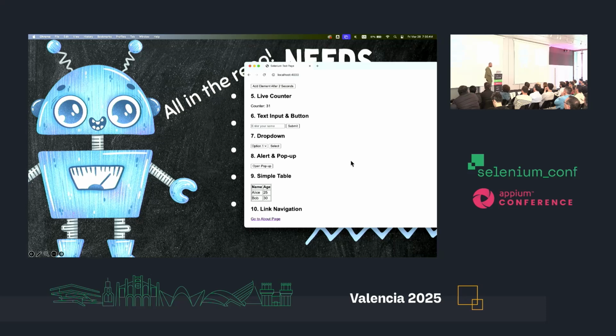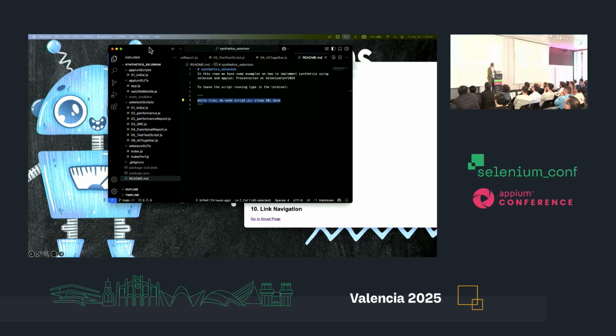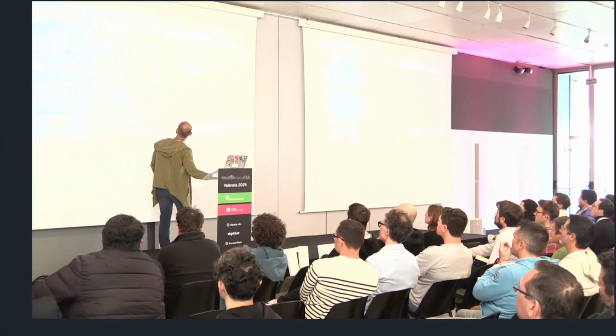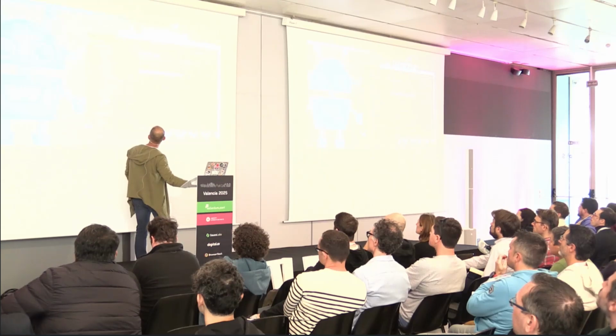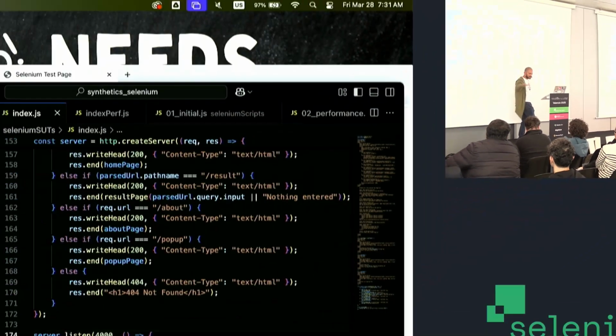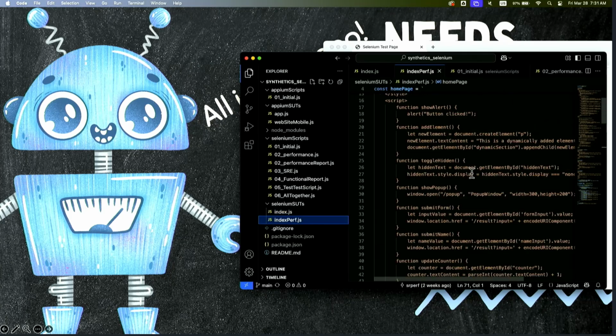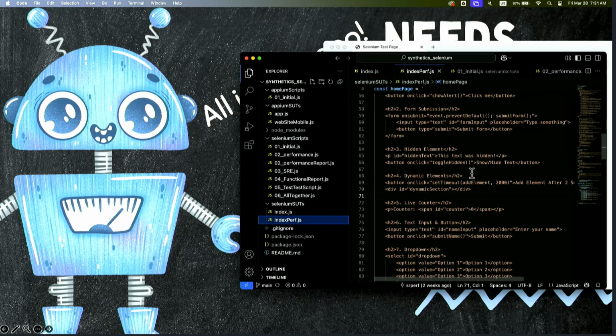Now, I created it. Now I am having a mess with my pointer. I created. Okay. Can you see it? Is it clear enough? Okay. So I have a Selenium system under test, SUT. I created one that just focuses on responding, but I wanted to add a performance element. So I have one with performance, which down here,